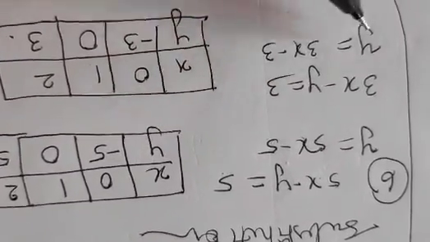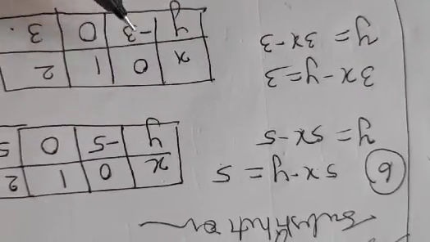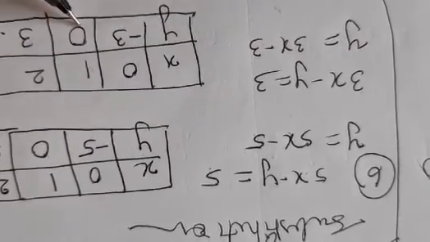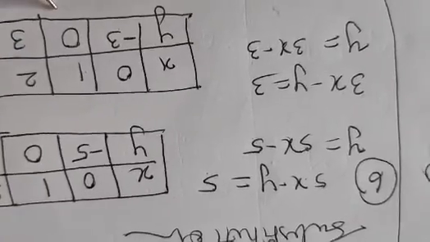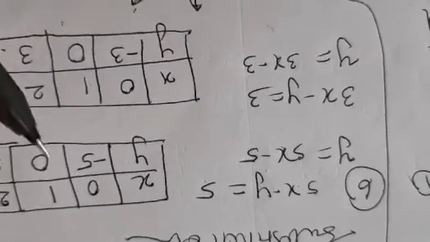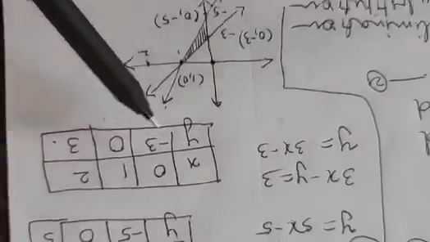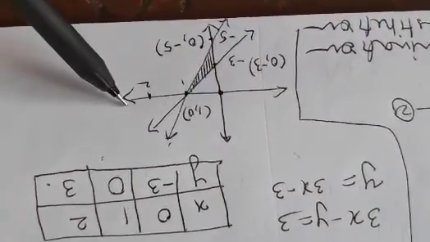Same way, second equation, y form, again suppose 0, minus 3 you will get, x value 1, 0 you will get. Again third value is not required. Okay. Now you plot these points, approximately you will get a graph something like this.